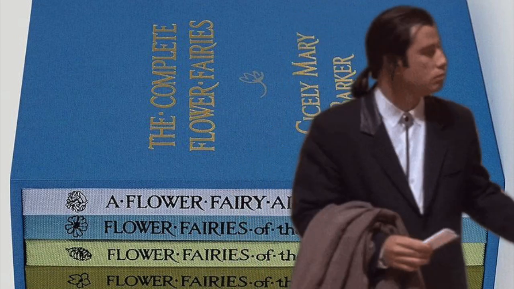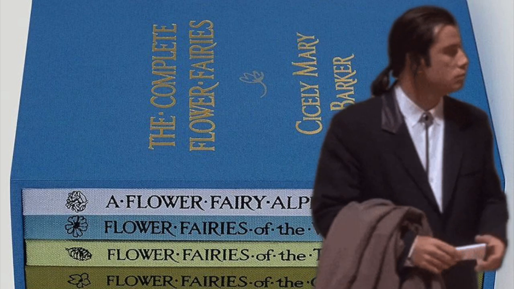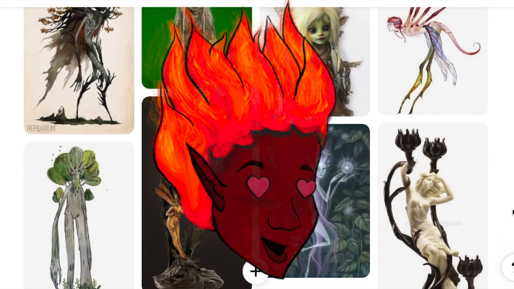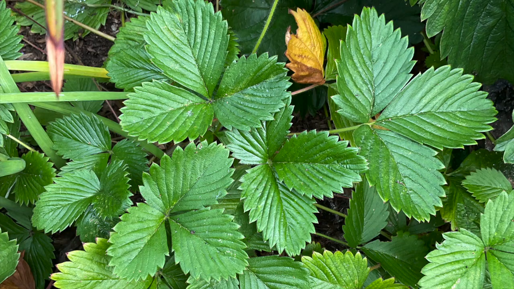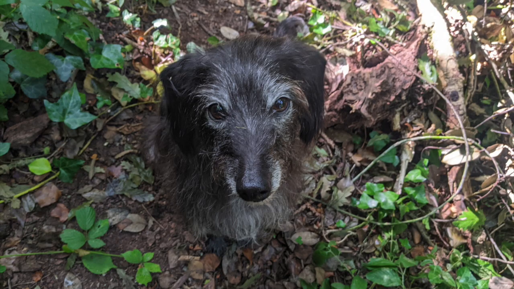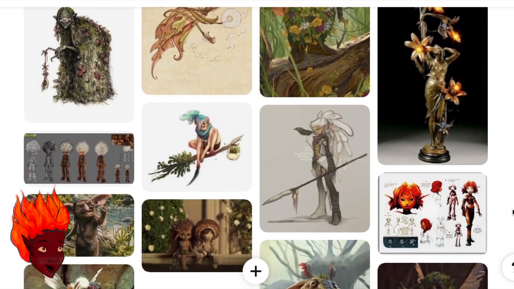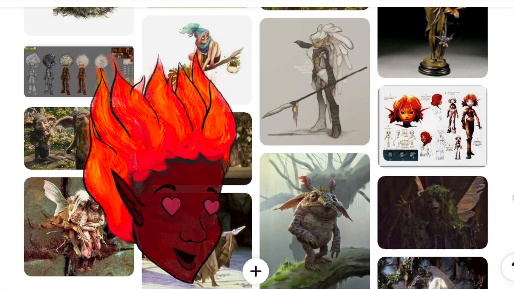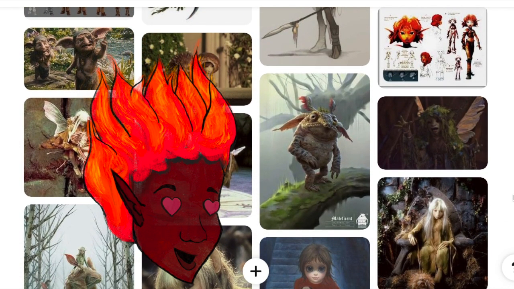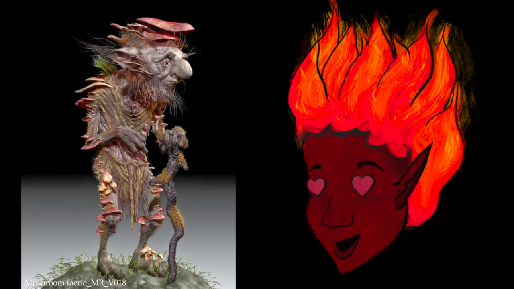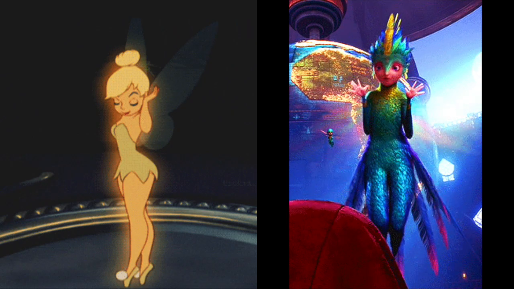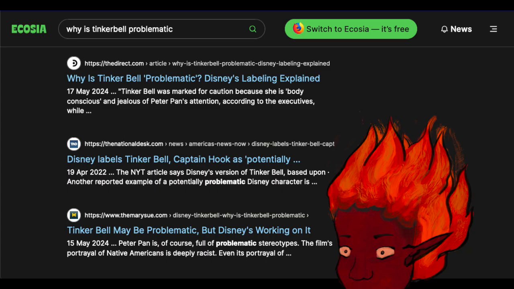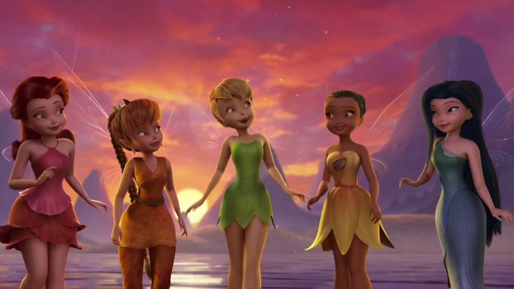I'll give some recommendations if I find out something really interesting. And I do love that a lot of fairies are inspired by plants. So I've been looking at plants, taking photos of plants, doing a huge Pinterest of different versions of fairies. Our Maleficent fairies are actually really cool. They're very plant inspired because there is that Tinkerbell concept of it's very human, it's very cute, it's very curvy. I don't mind the very curvy, but